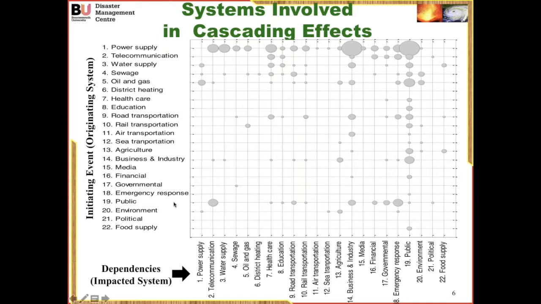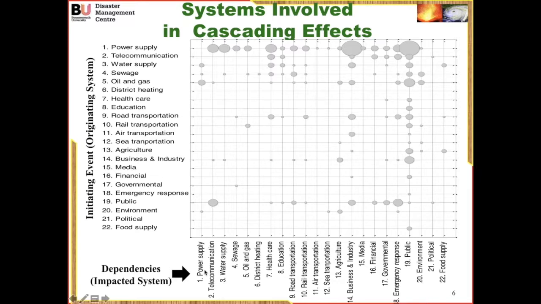So if you look at the slide, on the left, these are initiating events or the originating system. And then these are the dependency or impacted system. You realize that the systems on the left are the same systems on the right. So what this slide actually wants to show is which systems are more important as the originating systems, and which of them are more important as dependent systems. So in this slide, the originators, as I've said, are on the x-axis. So it is clear from the slide that the two most frequent cascading effects analyzed events are power supply and